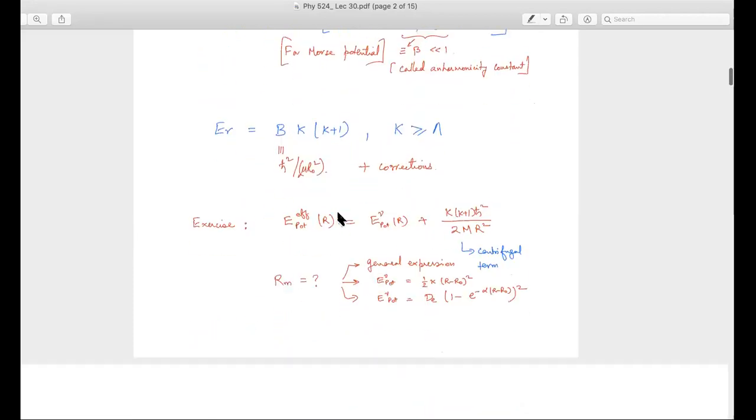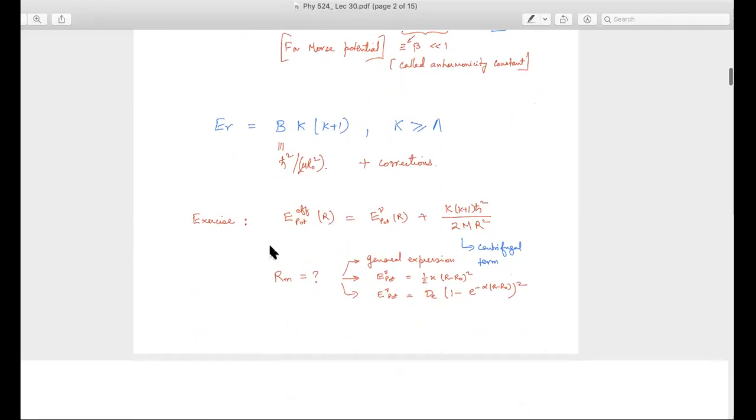Okay. And before we proceed, I have a small exercise for you, etc. So we had this E nu R, some potential, let's say, which we calculated from the electronic states, right? And then if I do the centrifugal correction, basically, right? Then that is just given by L square by 2m R square. And L square in our case happens to be the whole molecule's angular momentum, which is given by capital K. So K (K plus 1) h bar square is its eigenvalue. So K (K plus 1) h bar whole square divided by 2m R square.